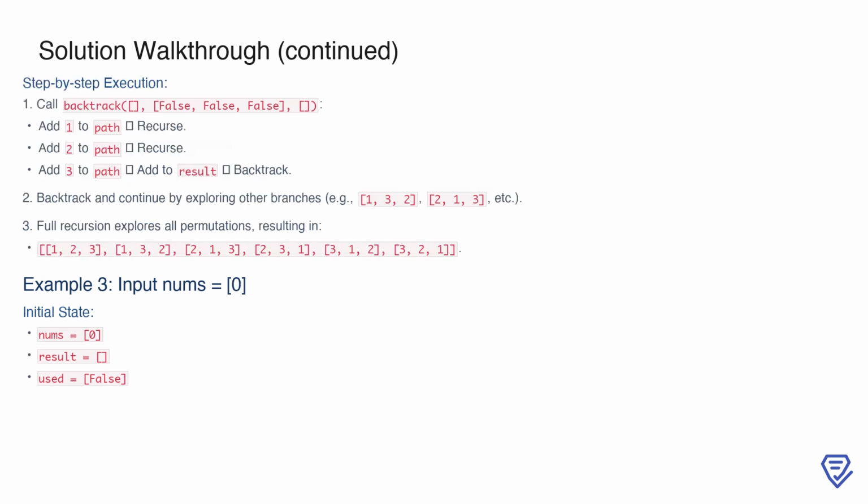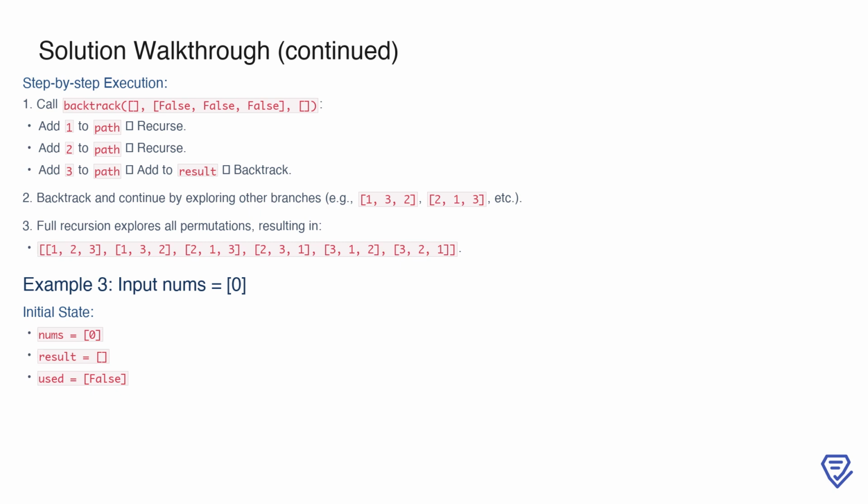For the next example, the input array is nums equals [1, 2, 3]. We start with an empty result, an unused state for all numbers in nums, and an empty path. Using the same backtracking approach, we first add 1 to the path and recurse to explore further permutations. Within this branch, we add 2, then 3, eventually reaching a complete permutation, [1, 2, 3], which gets added to the result. After backtracking, we explore additional branches such as [1, 3, 2], [2, 1, 3], [2, 3, 1], and